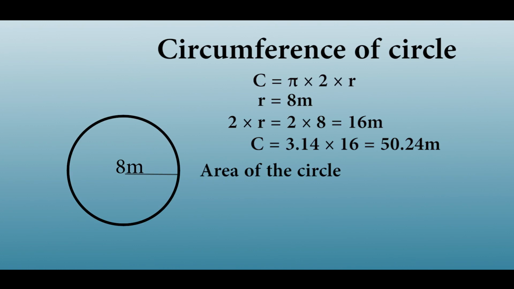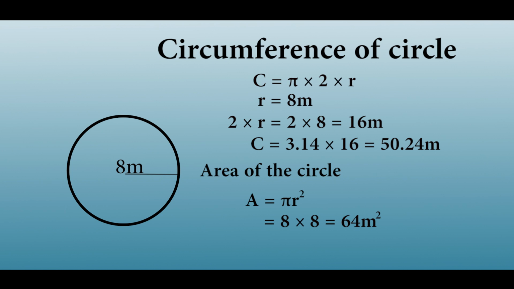Okay. Now, are you clear? And will you be able to do it if I give you more questions to explore on your own? Yes, you can do it, right? Now, let's move forward with the area of the circle. We know the formula to find the area of a circle, pi r square. So, what is the radius given there? Radius given there is 8 meter.